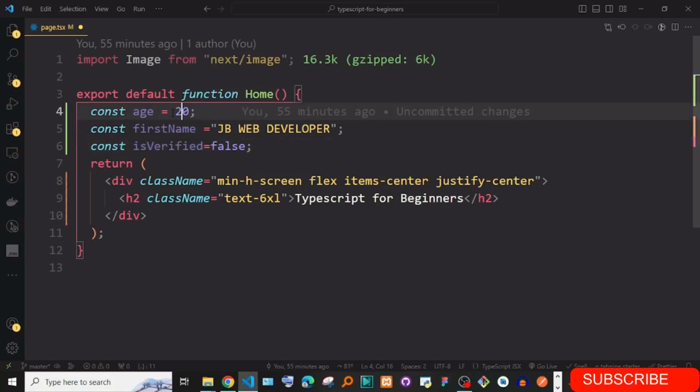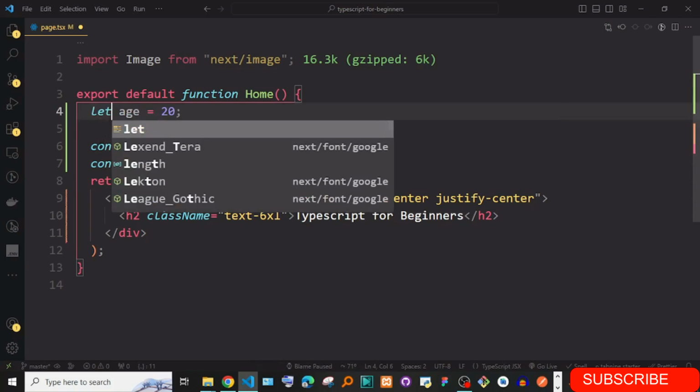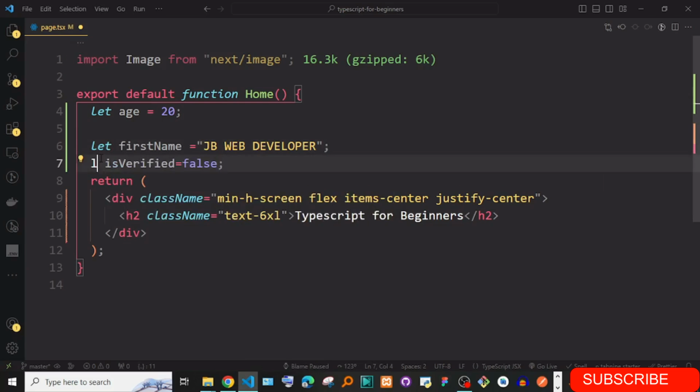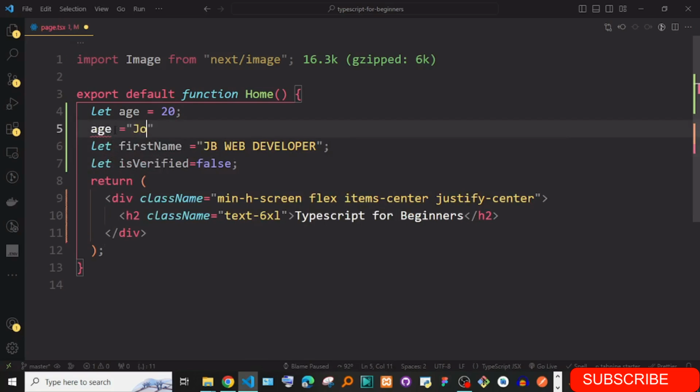And if you want to know how it is doing this, let me change these to let. So let me say, for instance, age is equal to John.